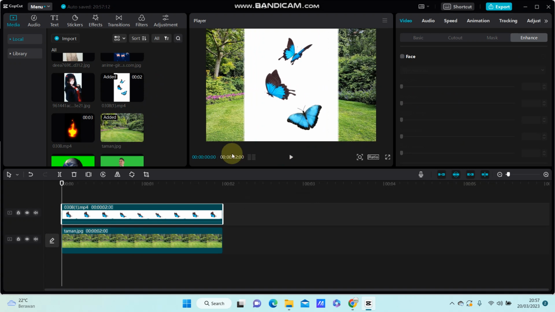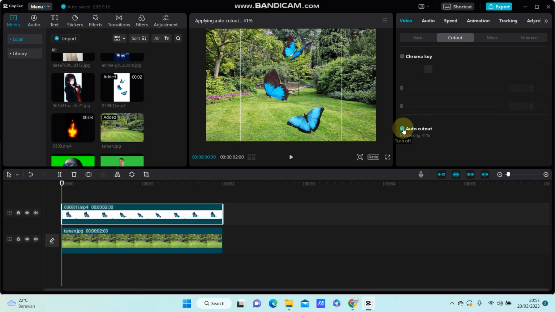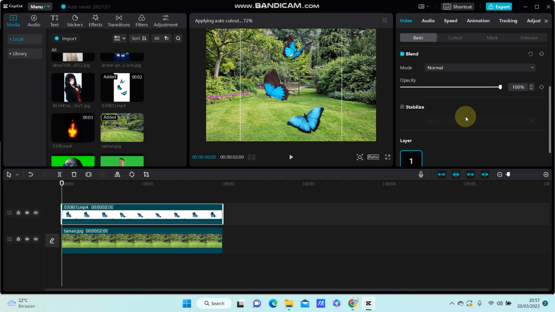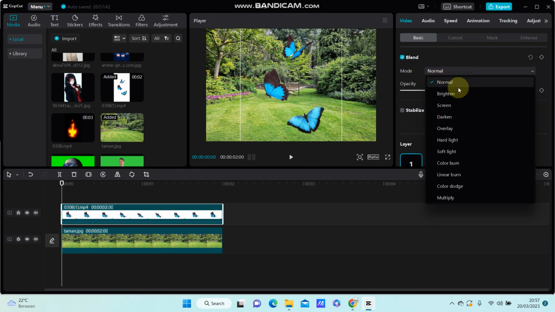I'm going to resize and how to make it transparent. So before I'm going to remove the background, just click auto cutout. Alright, go to basic and you can scroll down and adjust body opacity to make it transparent, or you can select the mode of plane,